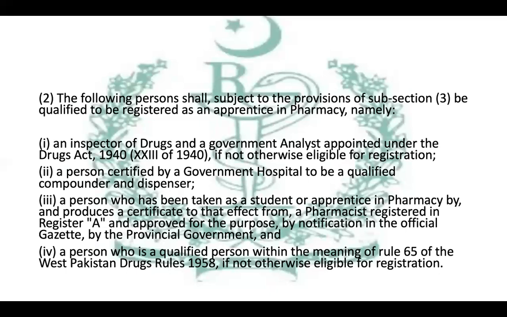and dispenser. इनको हम सर्टिफिकेट 3 में ले आते थे, सी में। कंपाउंडर जो थे, a person certified by government hospital to be a qualified compounder and a dispenser, उनको हम देते थे रजिस्टर सी under Pharmacy Act. Then 3 says, a person who has been taken as a student or apprentice in pharmacy and produces a certificate to that effect from a pharmacy registered in Register A and approved for the purpose by notification in the official gazette by the provincial government, उनको भी हम अप्रेंटिस की सर्टिफिकेशन दे सकते हैं।